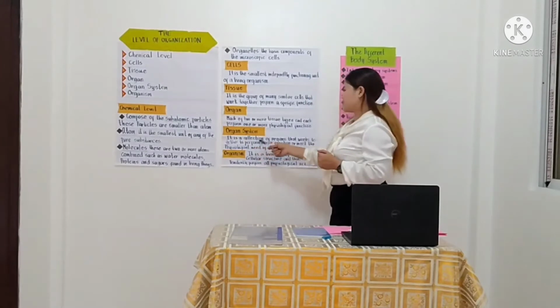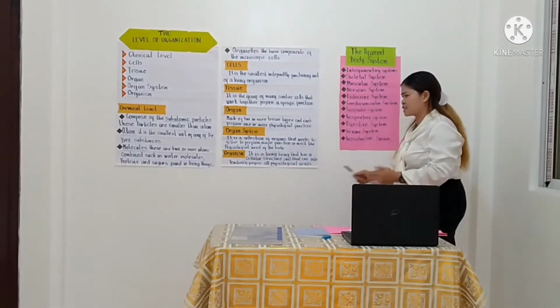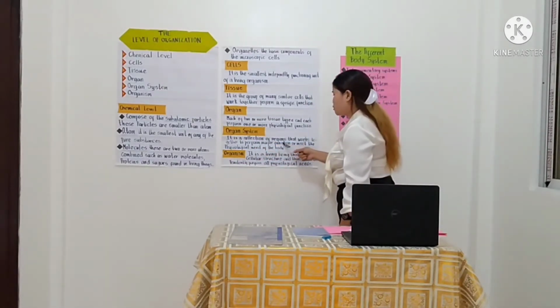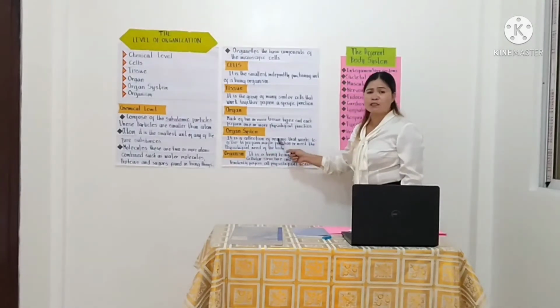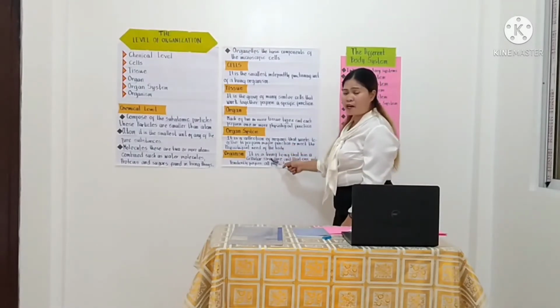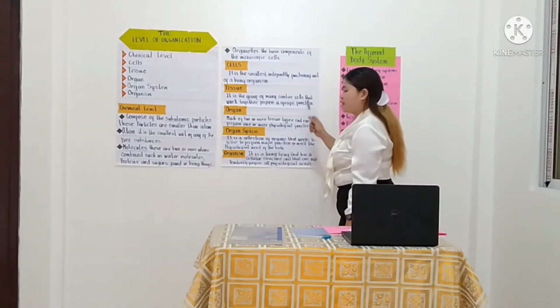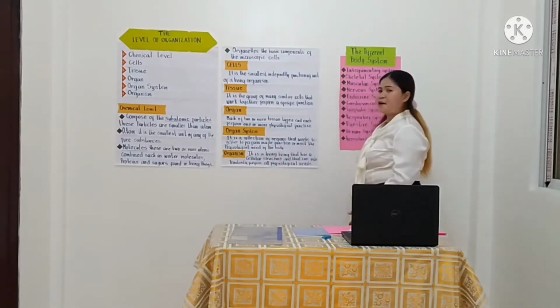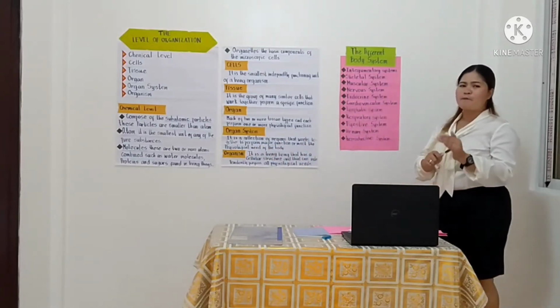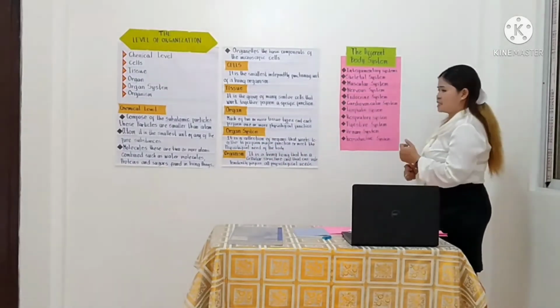It has a collection of organs that work together to perform major functions. It means it has big, important functions in our body or in a living organism, or meets the physiological needs of the body. So the first body system is the